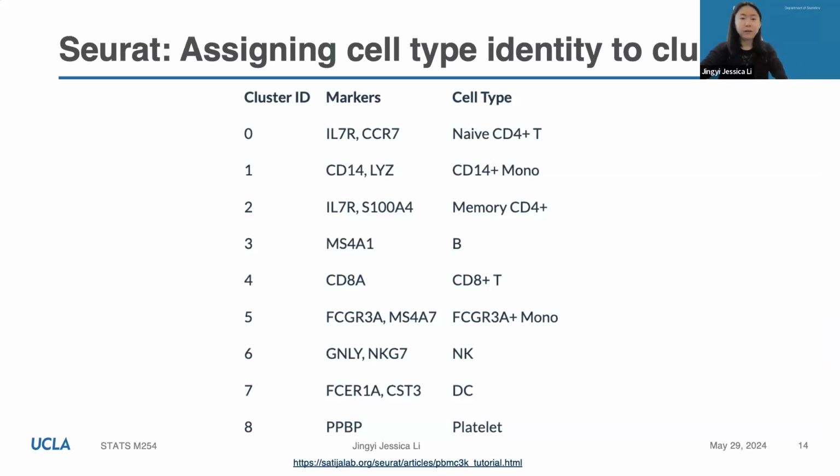Okay, then in Seurat, it assigns cell type identity to clusters based on the genes. So the thing here is that